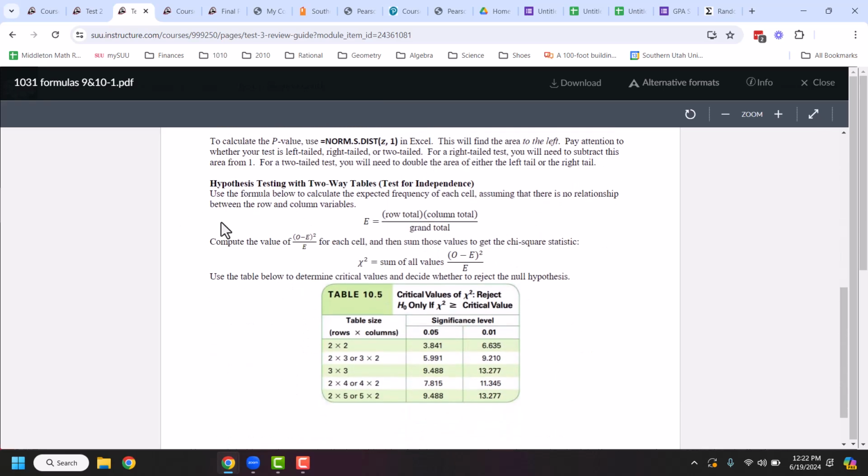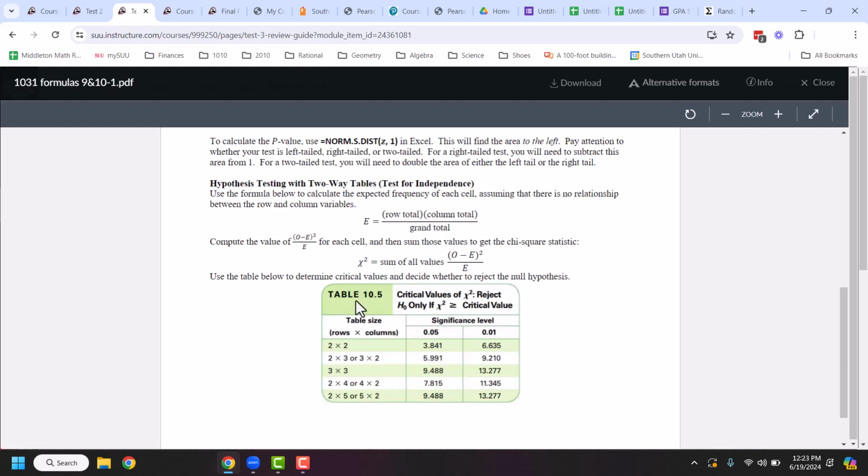The other type you can do is hypothesis testing with two-way tables. This one's really good if you're trying to compare two different variables. So this one potentially could work for my question, because I'm trying to compare the school year that people are in and the GPAs that they have. So to set this up, if I were to do a hypothesis test with two-way tables, I would need to make a table